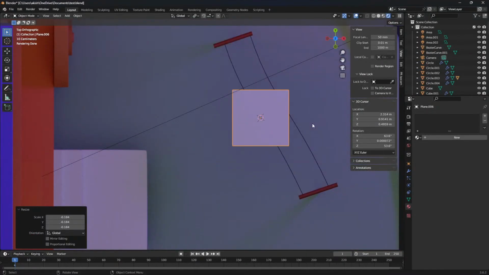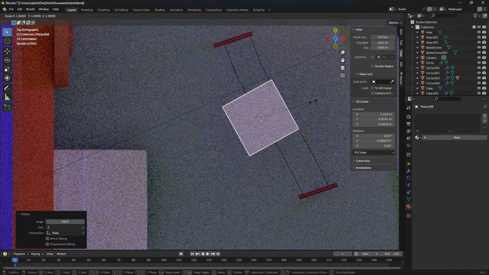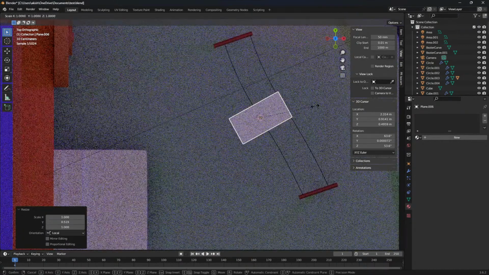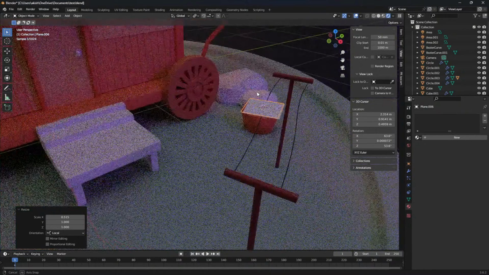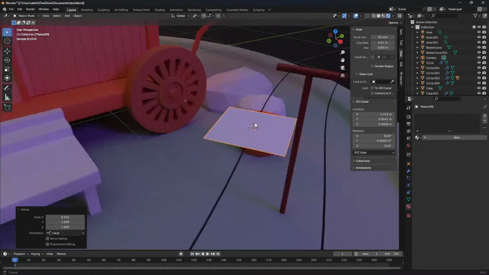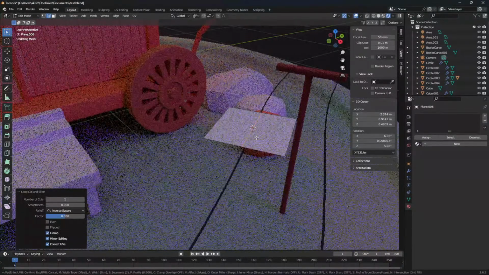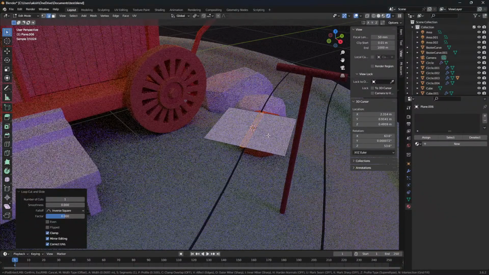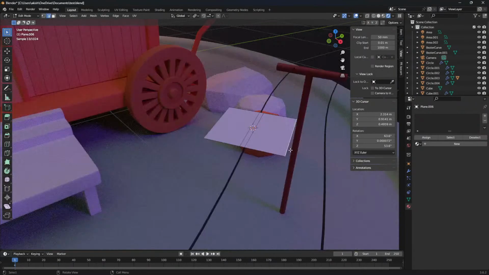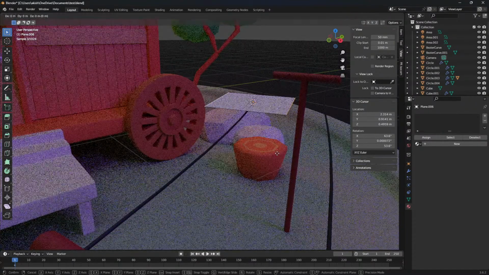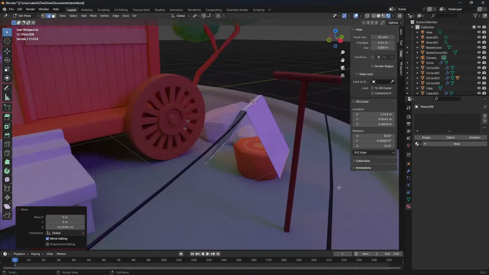7, and rotate like this, scale Y Y, scale X X, and Control R, Tab, Control R to give it a loop cut right here, and Control B to bevel right here, and select this edge and this edge, grab G, scale, grab again both